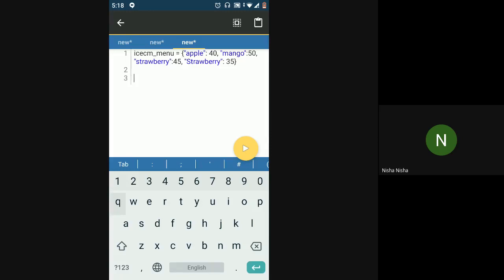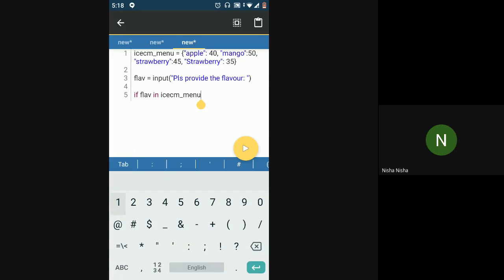So if I'm taking flavor, now I have to check if this flav is present in the dictionary or not. I'll directly use what I used in the case of lists. So I'll say if flav in ice cream menu. So this will check if the flavor the user has specified is present in the dictionary or not.